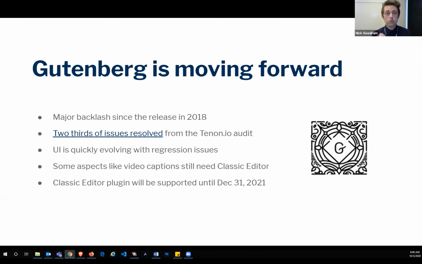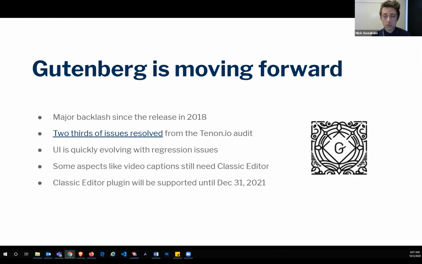Trying to create an ecosystem where you can create blocks, move things around, have a page editor, kind of like Wix and aspects like that. If you think about it, WordPress in the beginning was just kind of a blogging platform, and now it's used to create all kinds of websites. But execution is key, right?